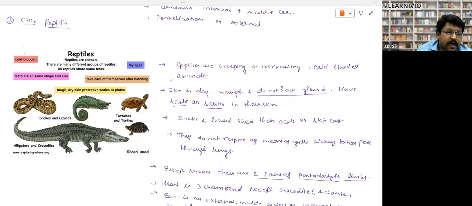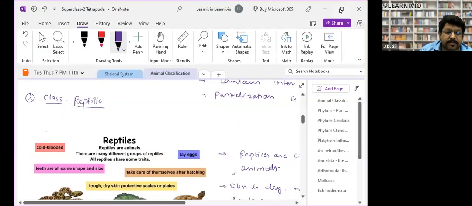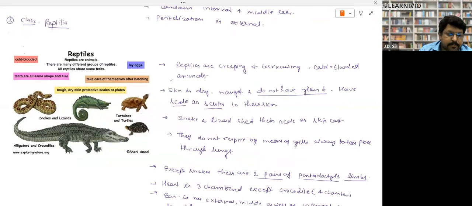So I have started with the reptiles. Even Shadika is late. So next point, first, they are creeping, burrowing, cold-blooded animals. Second, their skin is dry. They do not have any kind of slimy layer or any kind of gland. So they have dry skin. So their skin is dry, rough,